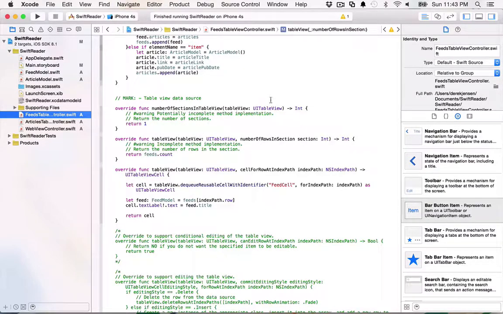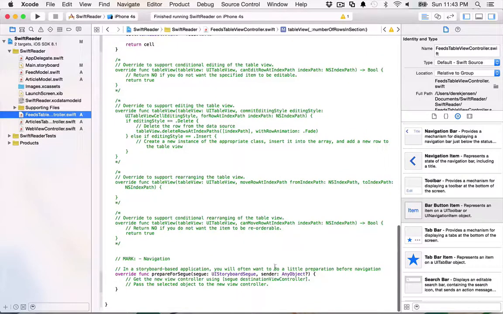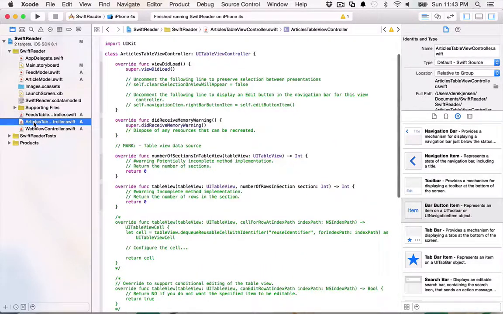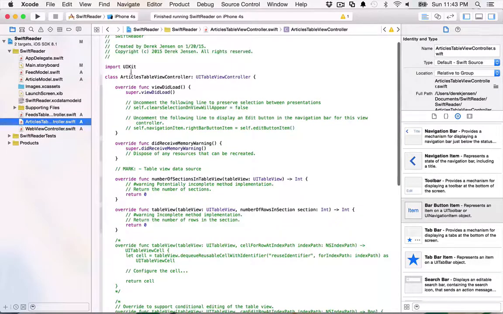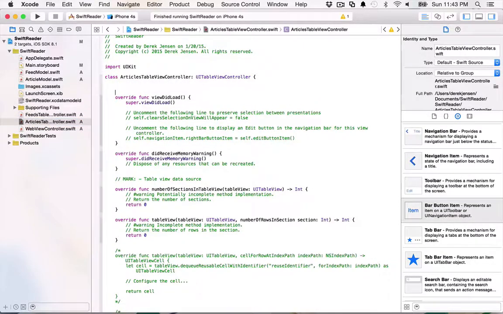So we're going to do that by scrolling down to the very bottom and utilizing the segue, which we talked about in a previous lesson. Before we can really do that, we should set up our articles table view controller in a similar way that we did with our feeds. So we're going to start off by coming up and creating a property here at the top